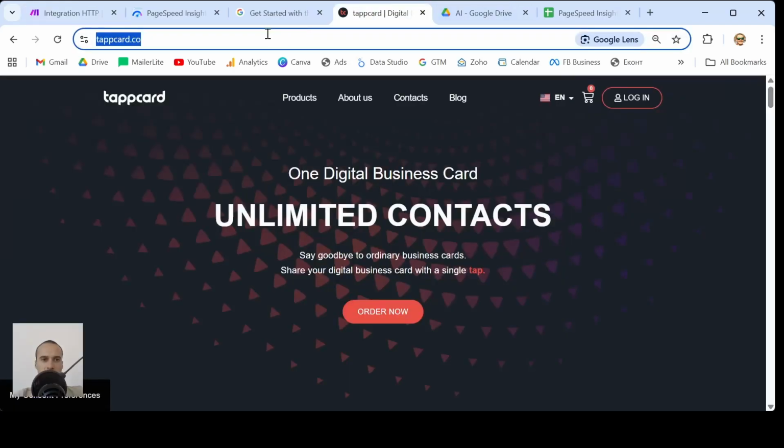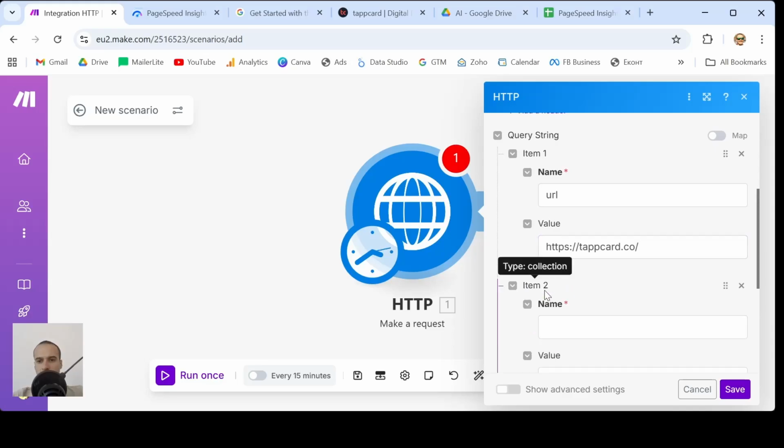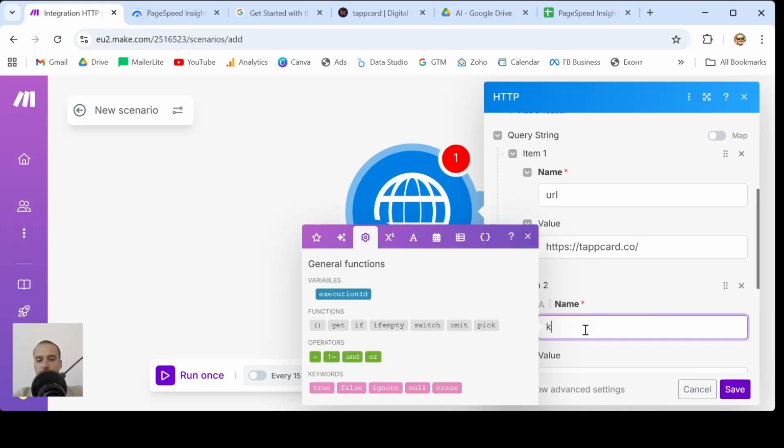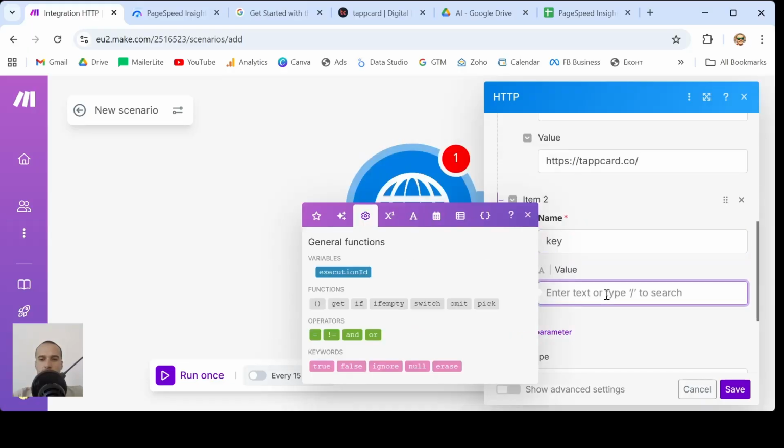In our case it's going to be this one, topcar.co. So topcar.co, add another parameter, and here we just type key, and this is where we have to paste our